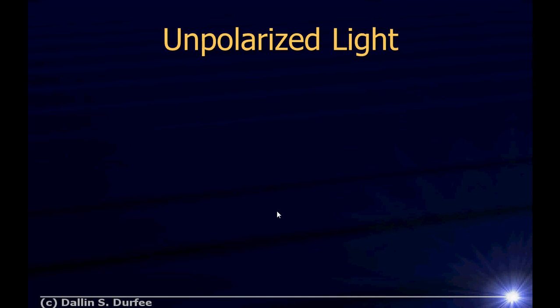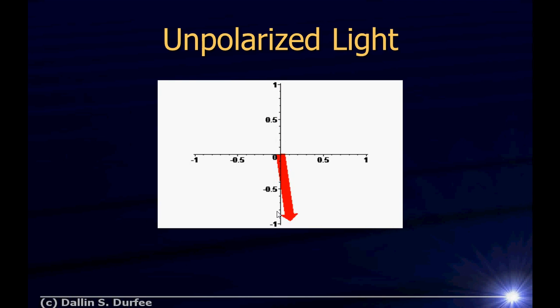Now, when we talk about polarization, oftentimes we'll say things like this laser beam is polarized, or the light coming out of this polarizer is polarized, but you might hear someone say light coming from a light bulb is not polarized. What do we mean when we say that light is unpolarized? The electric field's got to be oscillating in some direction. Well, unpolarized light is basically light whose polarization is constantly changing.